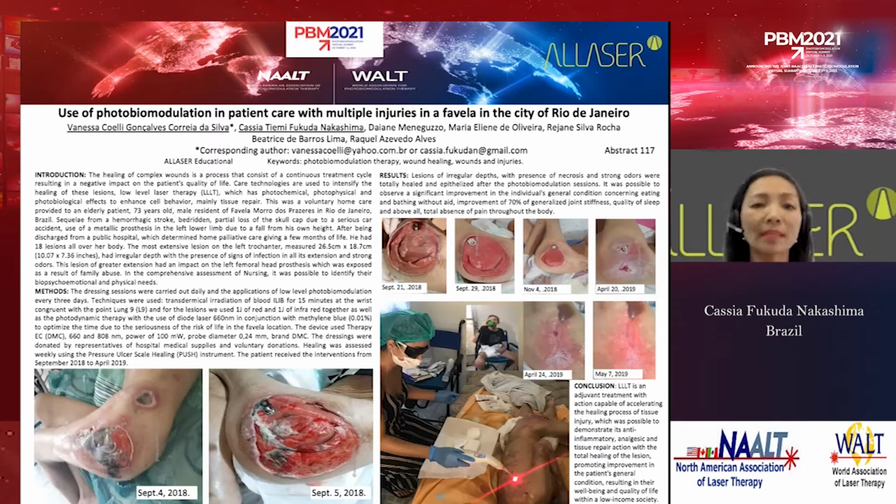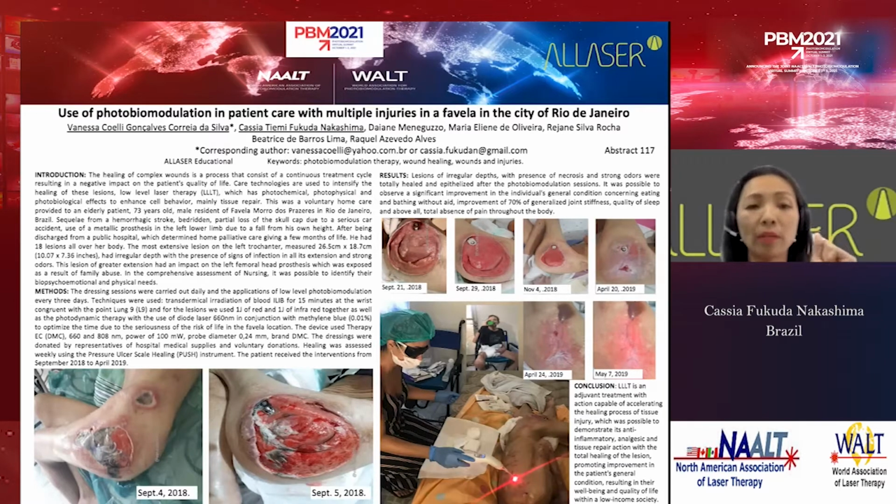And the most extensive lesion was in the left trochanter, approximately 26 centimeters by 18 centimeters of length. And there were signs of infection and strong odors. And also, during this session, we used dressing sessions with the use of 15 minutes of ELIP at the wrist,